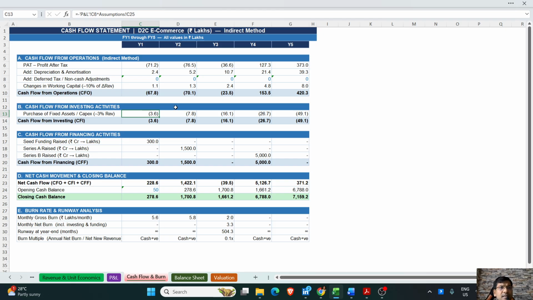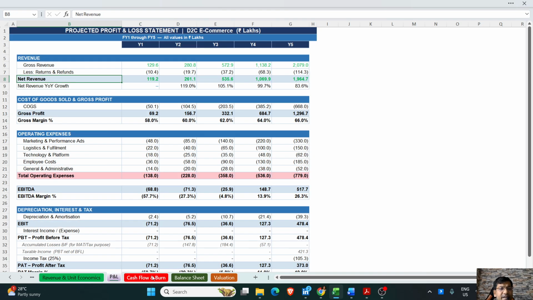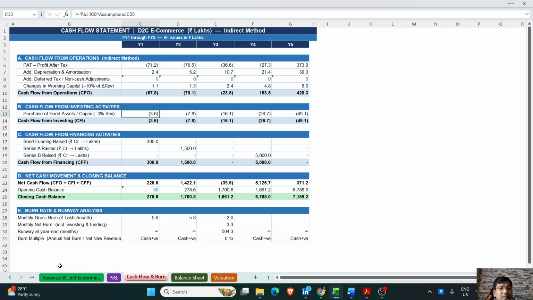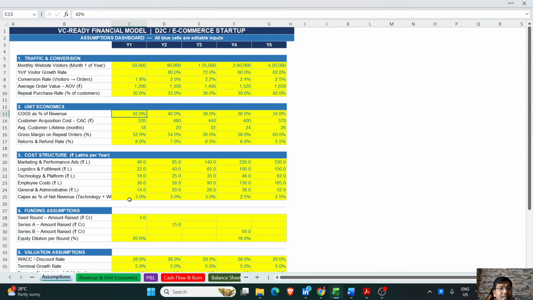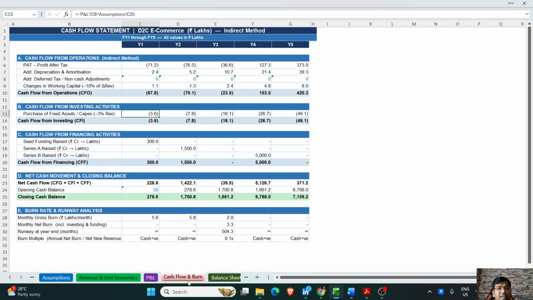So what I'll do is that PNL C8 is my net revenue multiplied by assumptions C25. Assumption C25 is capex as a percentage of net revenue. I've assumed that it is 3% in the first 3 years and goes down to 2.5%. So that becomes my cash flow from